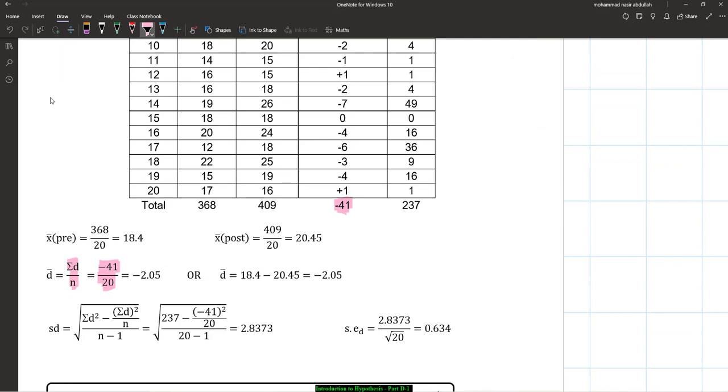So negative 41 divided by 20, you will get negative 2.05, right? So this 2.05 is called the mean difference. Mean difference. So this is the requirement that we need to get before